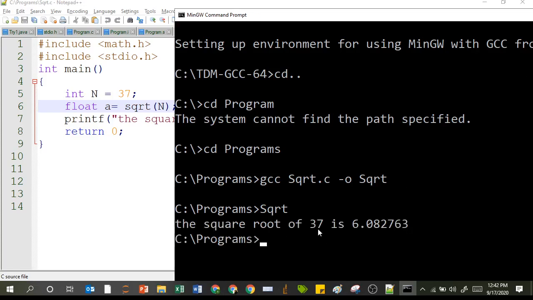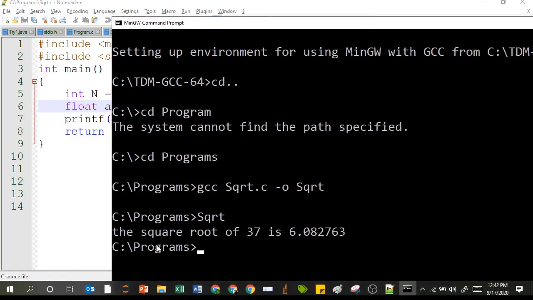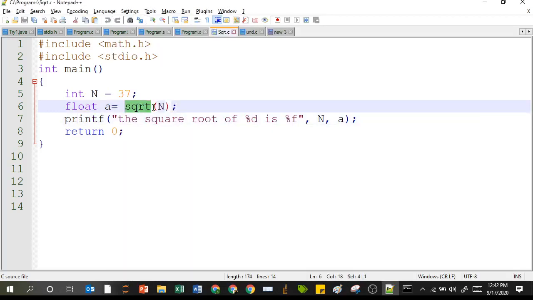So the square root of 37 is 6.0802763. All right, so the answer is coming like this, and you know the square root of 36 is 6. Why is this coming? Because we have used this functionality, some part of which is present in math.h and the actual functionality is present in the library file.